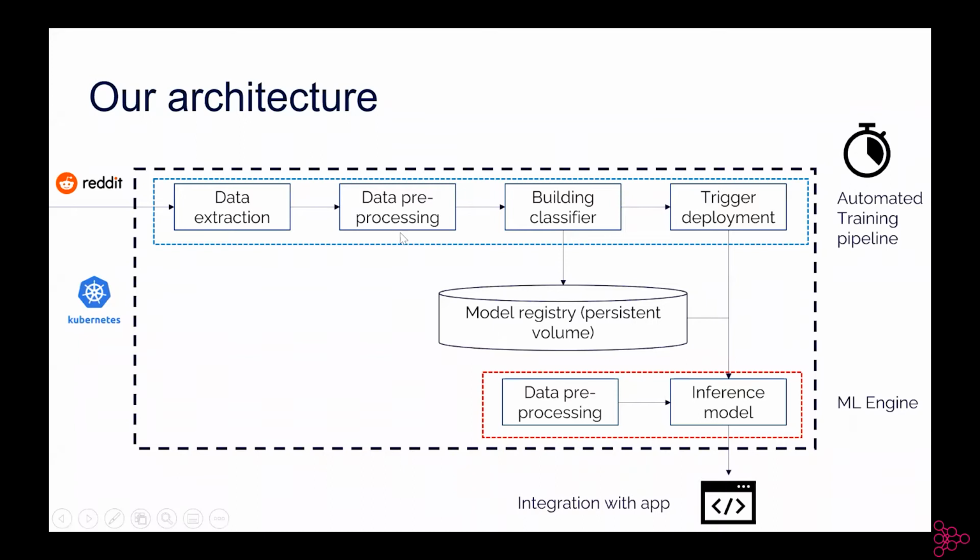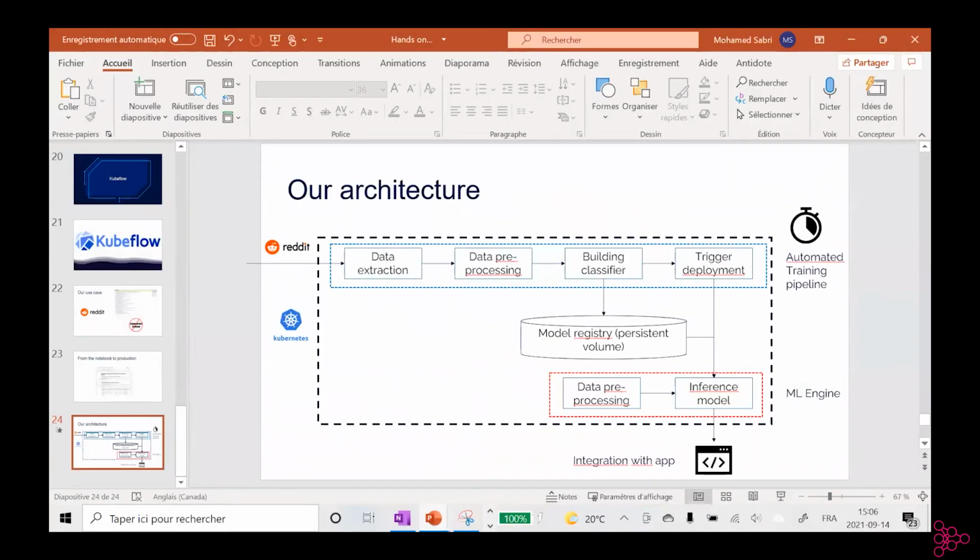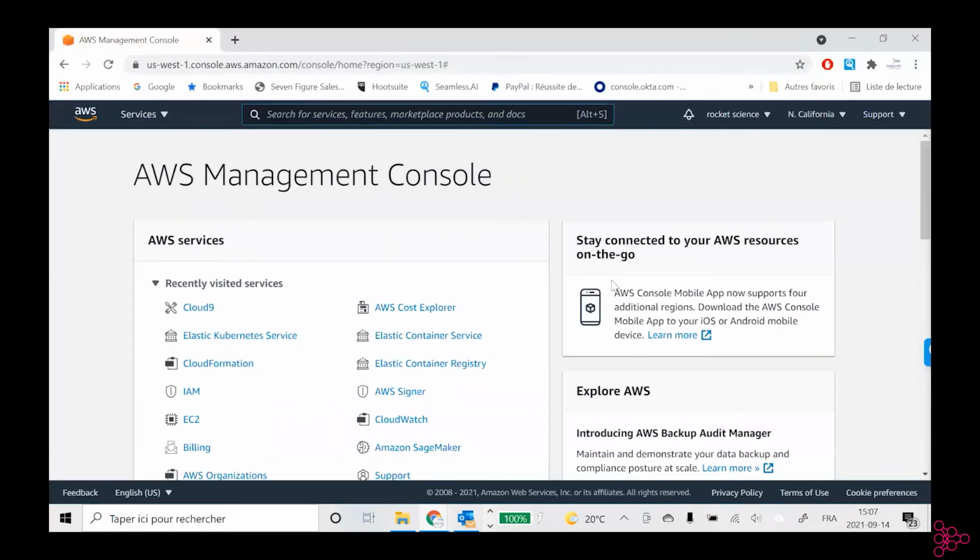So now we will move on to the use case. I will share with you a link. This link contains the workshop. It contains notebooks, everything you need to perform the workshop by yourself or by following what I would say. Please have a look at it. It's on the chat, and tell me if it's all good. Awesome. So let's move on to the workshop. I will have my AWS account ready.